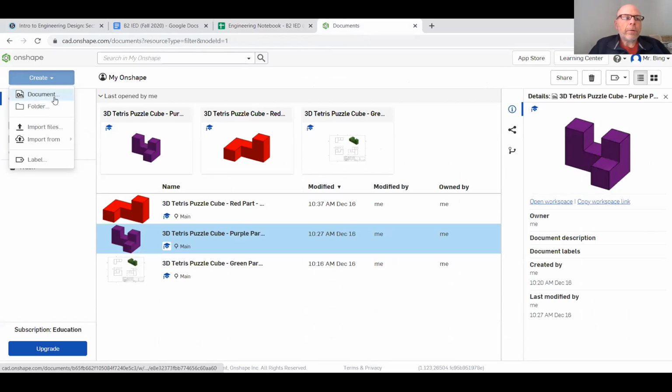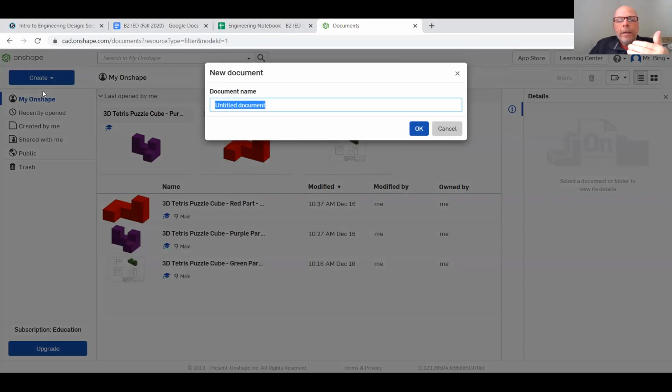And so I'm going to create what they call a document. In Autodesk Fusion 360 and Autodesk Inventor, I think they call it a part file. On Onshape, free, online, works on any device, Onshape, they call it a document. So let me see. I'm going to call this 3D